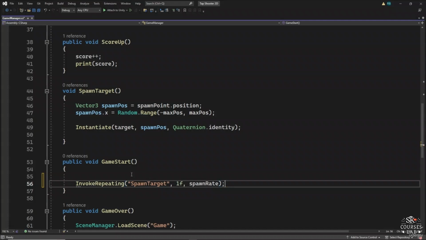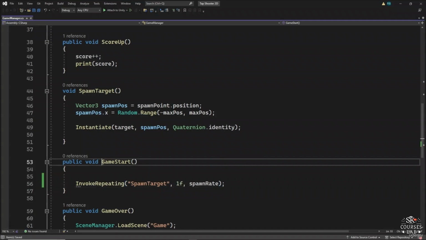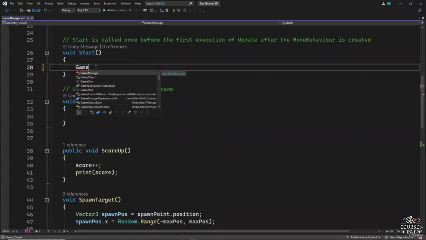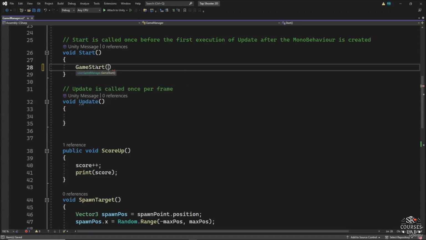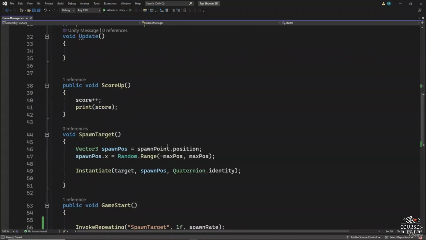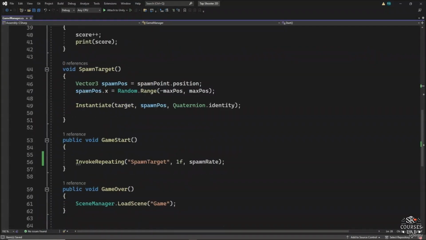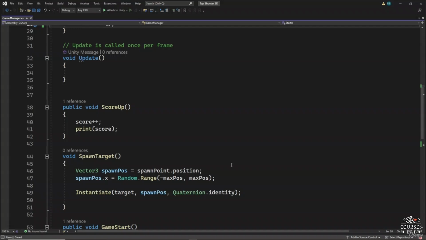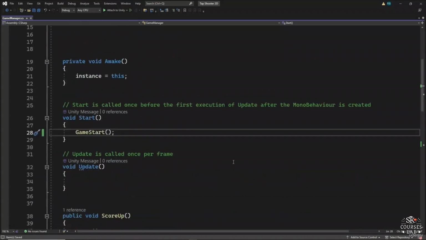Okay, so with that done, now things are pretty much ready. Now we need to simply call this GameStart function inside our Start. So here we're going to call the GameStart function. So if we do this, now whenever our game starts, inside the Start function, GameStart gets called, and in that case, SpawnTarget gets called again and again. So the targets will be spawning again and again repeatedly. So now with that done, I'm going to simply save this script